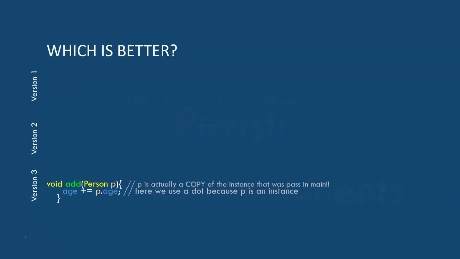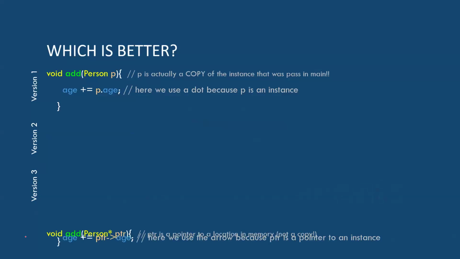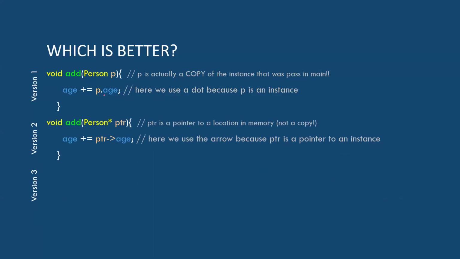So one more time, just looking over the top of these, right? When we have an instance, we can add the age of that person to me, right? Or if somebody overloaded the method, now that we've refreshed ourselves on what a pointer means, we could say, oh yeah, this is just another flavor of that. So if you were a pointer, then I will use an arrow here where I was using a dot there. Notice arrow, star, no star, right? So I'm just saying, oh, I'll add your age to me.